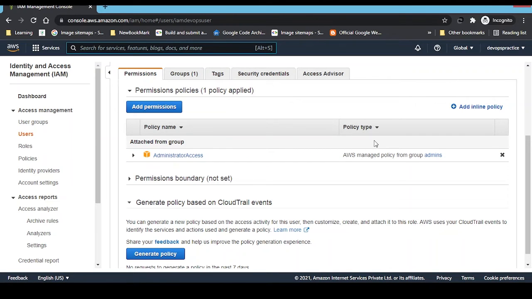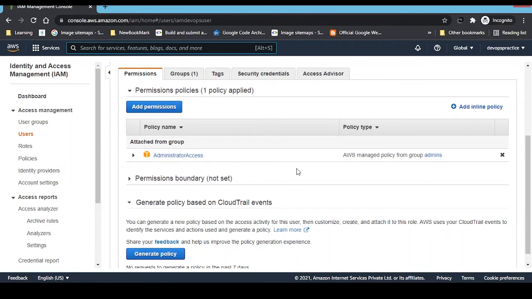That is the benefit, guys: if you create groups and keep all users inside the group, those users have the same permissions. Instead of providing permission to each and every user, you create one user group, keep all those users in it, and provide the permission at the group level. It will inherit all the permissions given to the group into all the users that come under this user group.